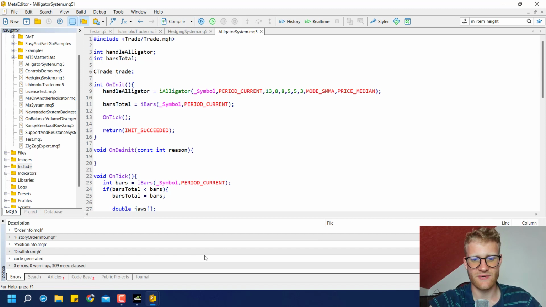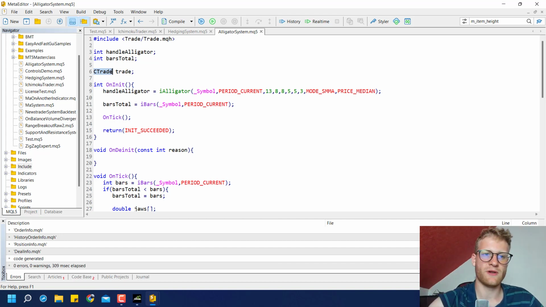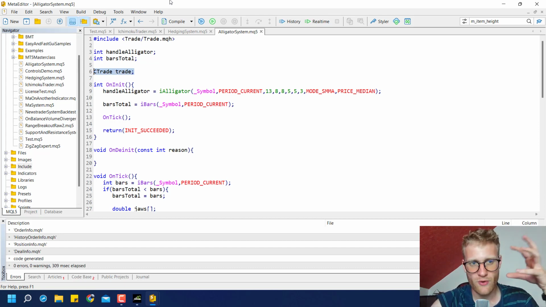This is a little bit advanced, because this is not a normal variable, but it is an object variable of type CTrade. CTrade is a class which is defined in this file. So this is object-oriented programming. If you never heard of it, for now, just accept that we can use this trade object now to open and close positions. If you want to learn more about this, check out the link below this video,